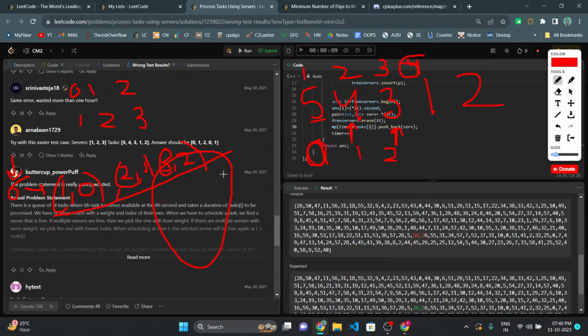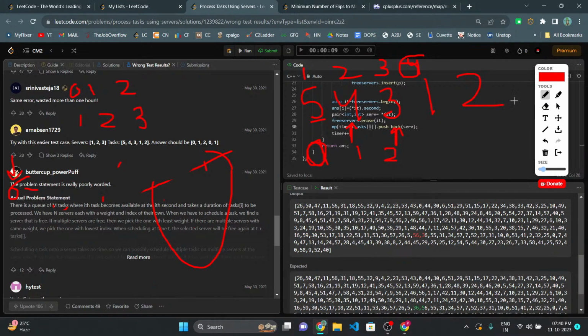Now all these elements will be pushed again, right? So again, all these values will be there. So again, 1 comma 0, 2 comma 1, and 3 comma 2. Right. Again, for this, the answer will be this. So it will be 0. And for this,